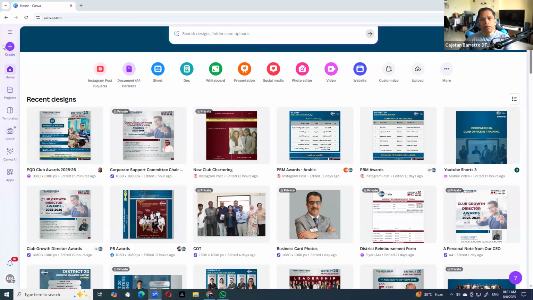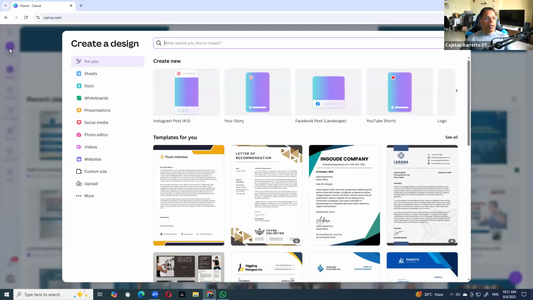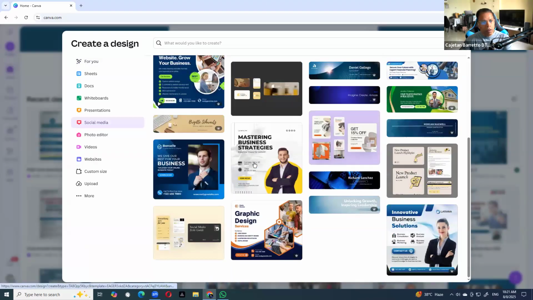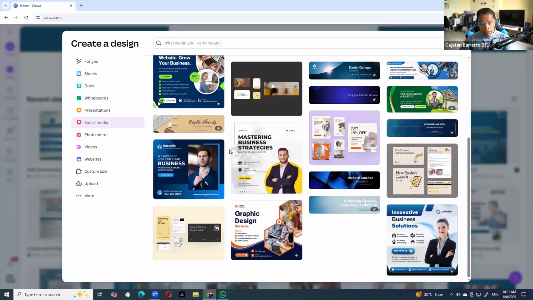So in Canva, you can create your account, free or paid. And once you are logged into Canva, click on create. And then you have all these options of creating based on predefined templates or creating from scratch. You can create from scratch using the top part, or you can create from a template if you choose one of these templates. As we said, our strategy today is to create from scratch.